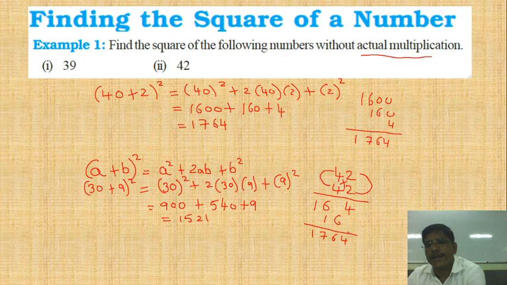Question number 8. Express 49 as a sum of 7 odd numbers. So 1 plus 3 plus 5 plus 7 plus 9 plus 11, 1, 2, 3, 4, 5, 6 and 13. Now if we total, we can get 49. Express 49 as a sum of odd numbers, because we know that it is the square of 7. So 7 terms we have to write: 1, 2, 3, 4, 5, 6 and 7.